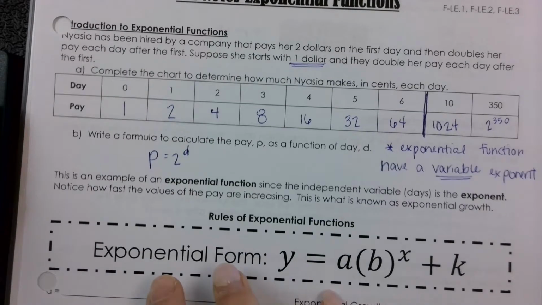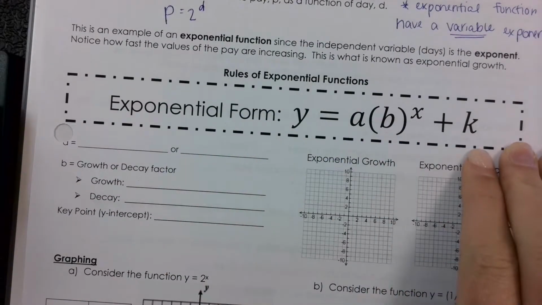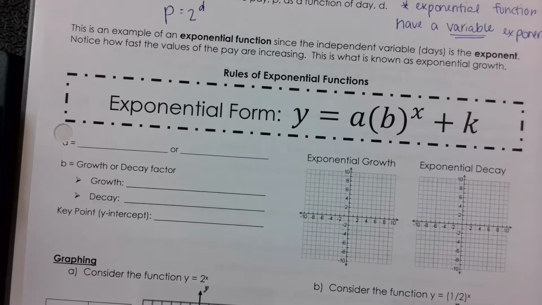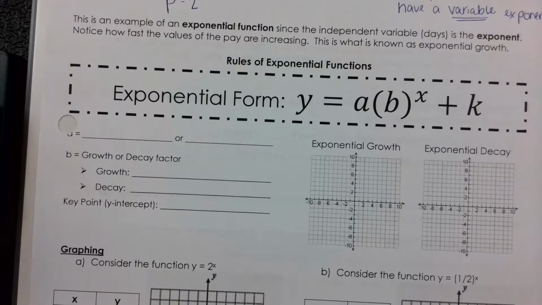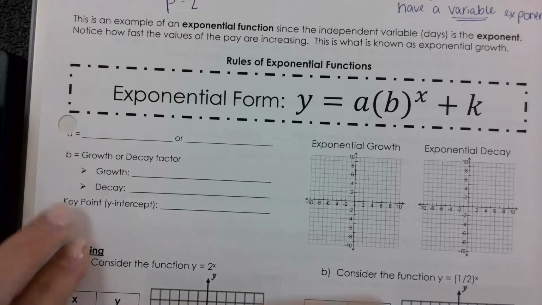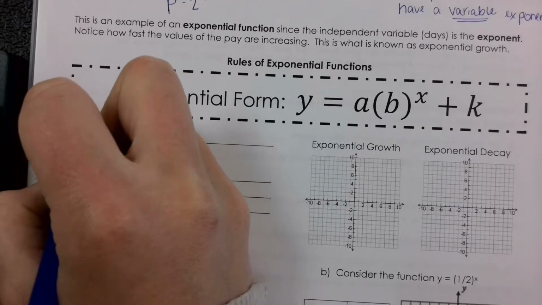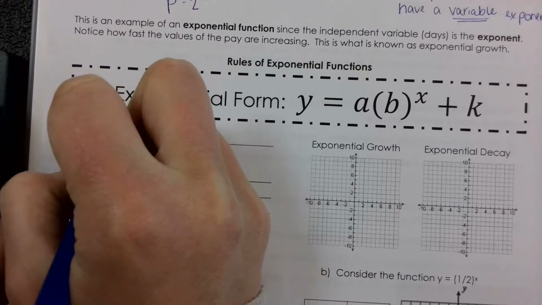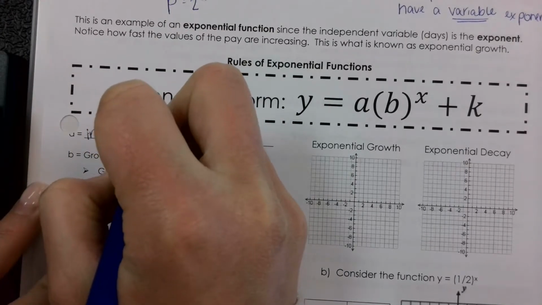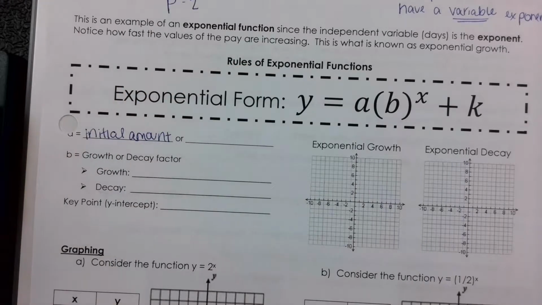So your exponential form is right here. You've got y equals a times b to the x plus k. Most of the time that k value is not going to be there, so you don't have to worry about it a whole lot. The a is your initial amount, so whatever they tell you you're starting with. In the problem that we just did, that was 2, because she started with $2 on her first day